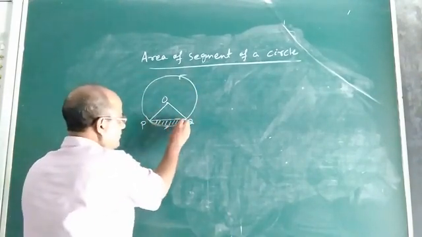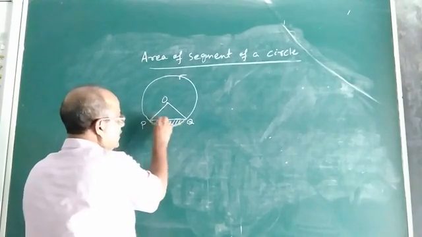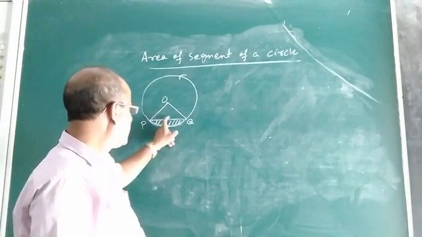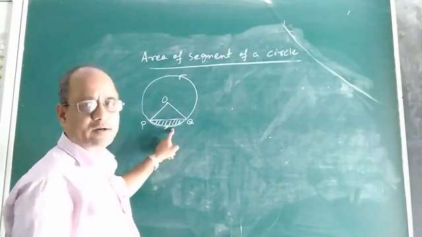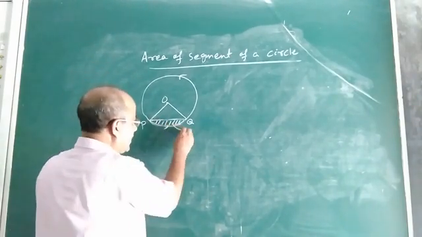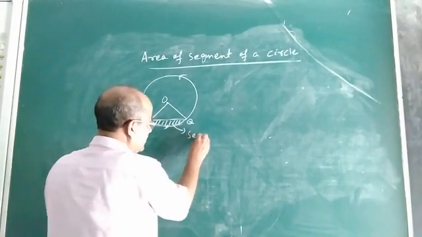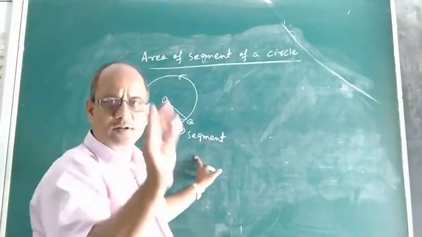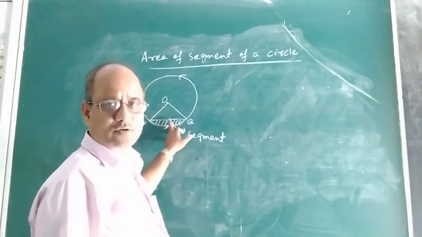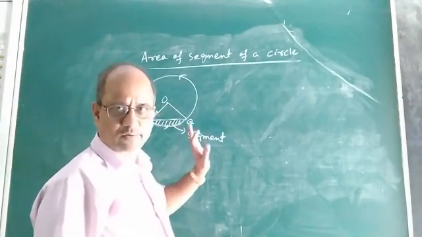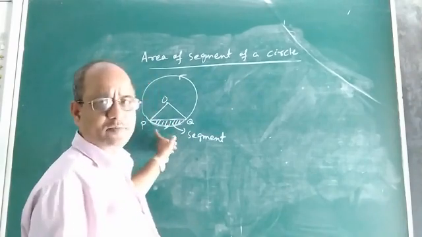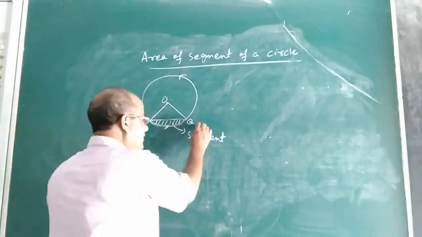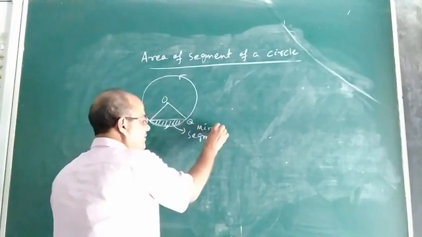Now look at the minor arc PQ and look at the chord. Look at the region enclosed between this chord and the arc. So we call this portion what? It is your segment. So we can say a segment is the portion of the region which is enclosed between an arc and a chord. So this portion is enclosed between the minor arc and the chord, so this segment is called the minor segment.